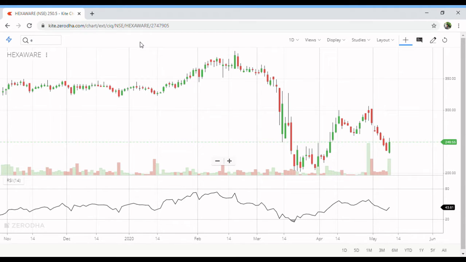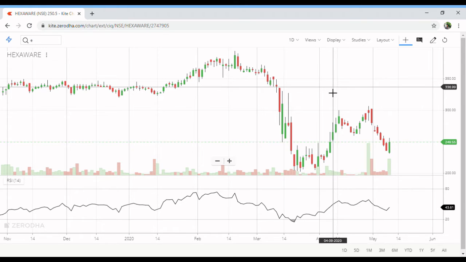So today we are going to look at the bullish engulfing chart pattern. The bullish engulfing chart pattern means that there is a downtrend, and then a bullish engulfing candlestick happens, which is an indication of a trend reversal to the bullish side. The name itself suggests that this is a bullish pattern.